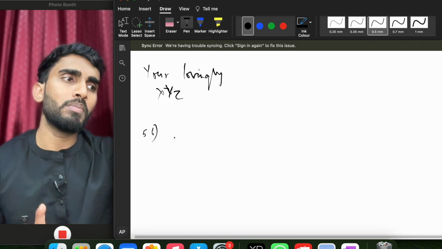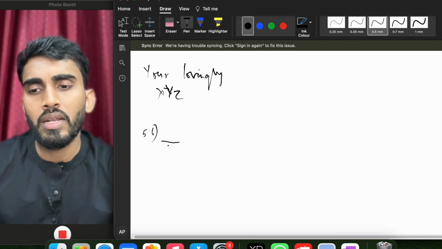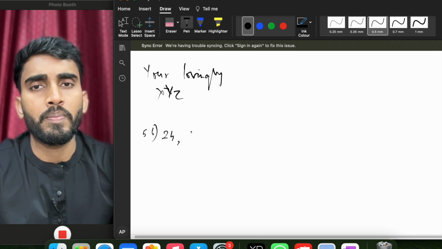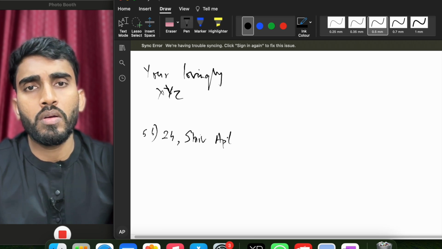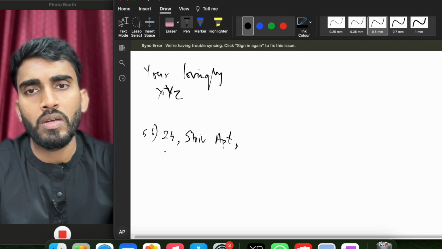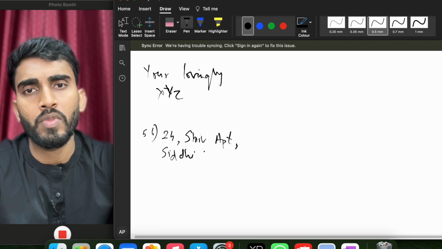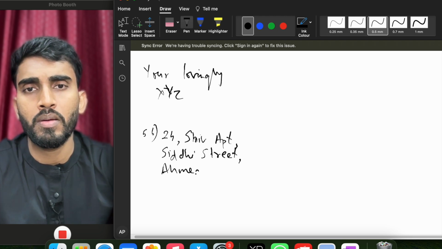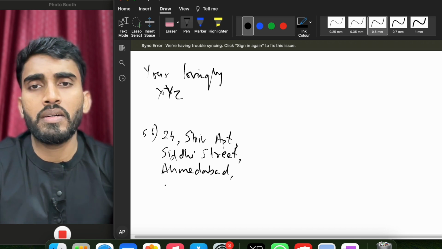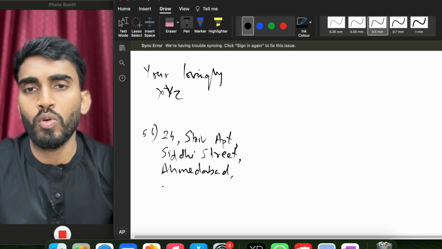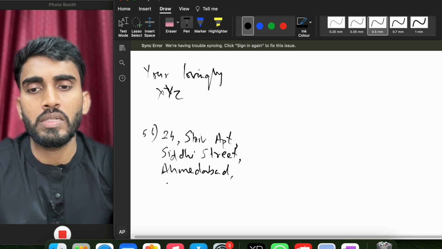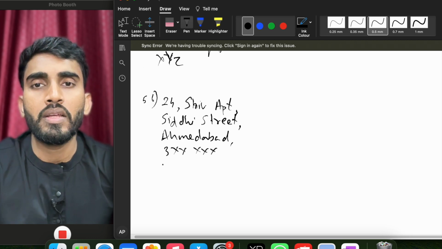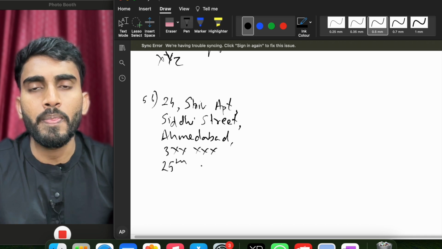Make any address. The simple format to make an address is to write down a house number like 24, comma, write down the name of some apartment like Shiv Apartment, comma, write down the name of some street like Siddhi Street, write down the name of some main place like Ahmedabad, and then write down the pin code. So Ahmedabad, and then the pin code is, let's say, 3XXXXX. Okay, pin code, and then we have to write a date. So the date, 25th of Feb